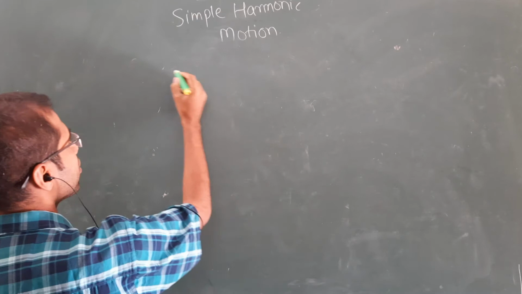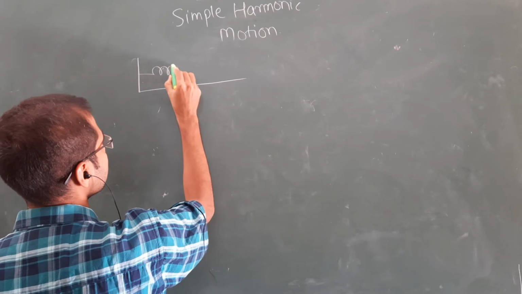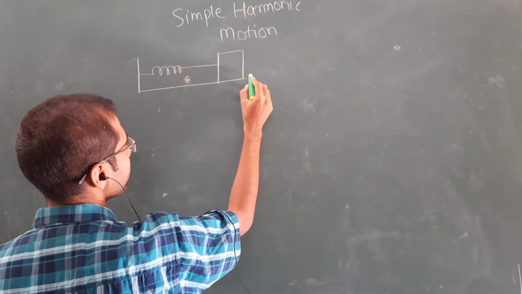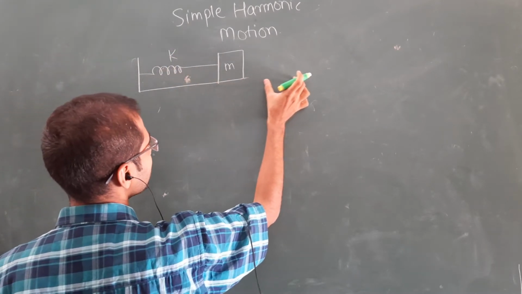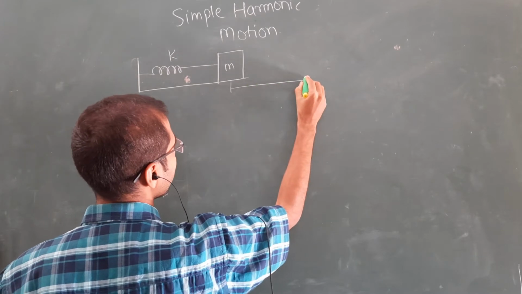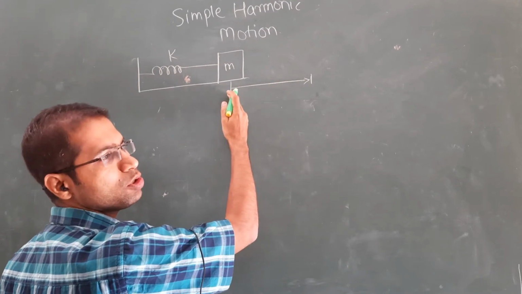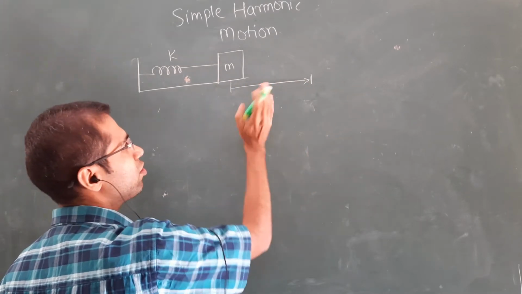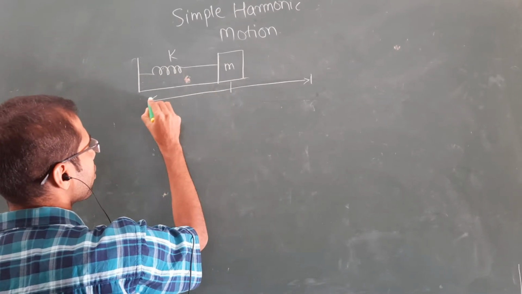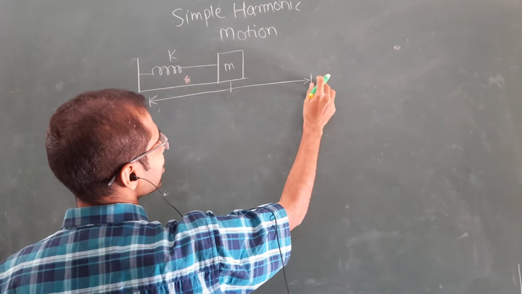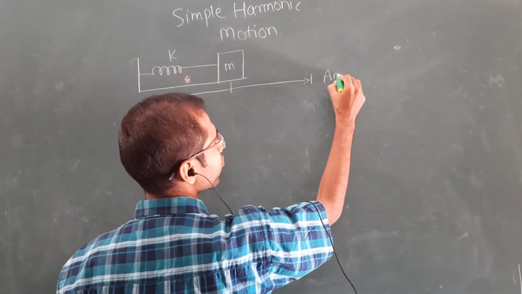Okay, let us consider this is a spring, and one block is attached here of mass m, spring constant k, and I displace this block by some distance from here to somewhere here. So till the maximum distance from the mean position, the block can move on the right side, also it can move on the left side. Both cases let me consider. So this is the same. So the maximum position from the mean position, that we call an amplitude.